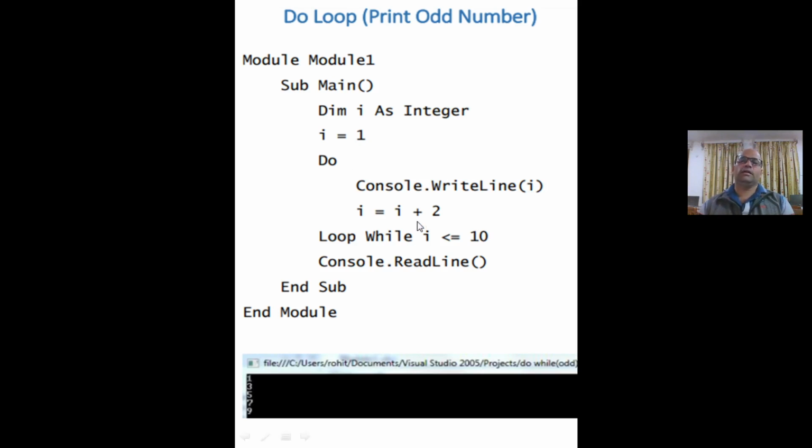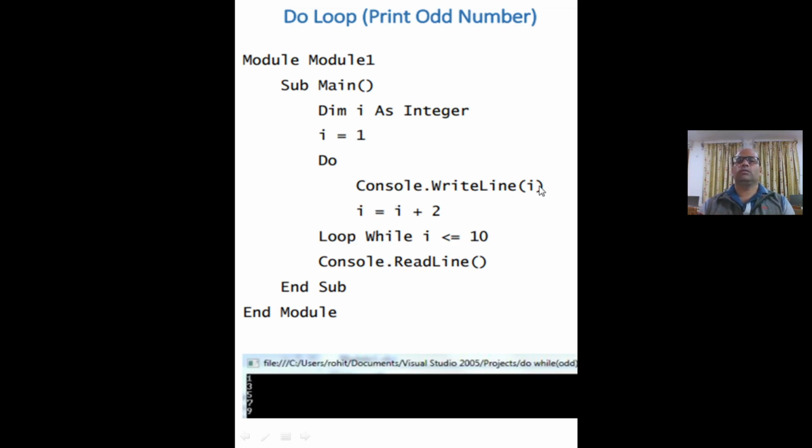Now again 7 plus 2 equals 9, and 9 is stored in the I variable. Again the while condition is checked, I is less than or equal to 10. Yes, I contains 9, which is less than 10.